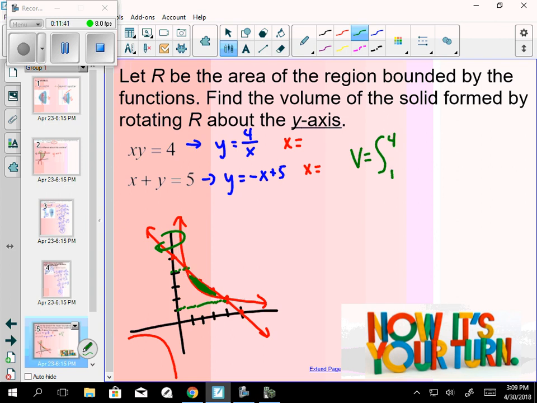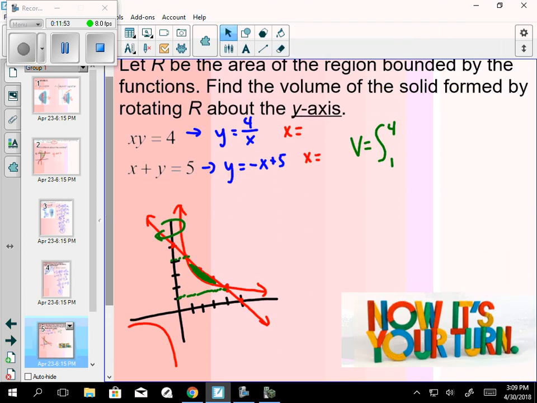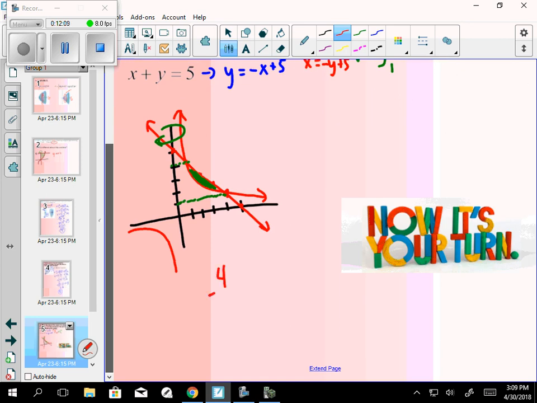Now, just like we did before, you can see where these are going to intersect if you put them equal to each other. So if we were to put these two equal to each other, you can find that out. But we need these in terms of x to do that. So we want to solve both of these for x. If we solve these for x, this would be the same as 4 over y. Here, this would be the same as negative y plus 5. So if I put those equal to each other